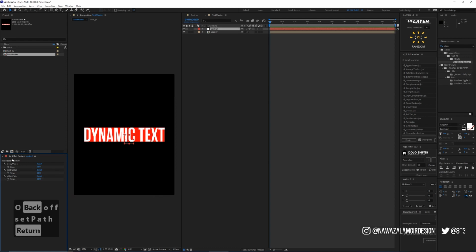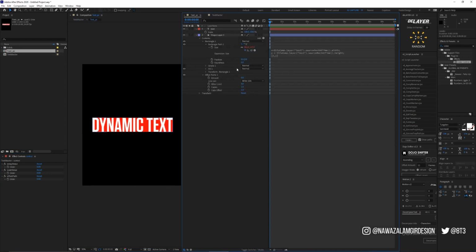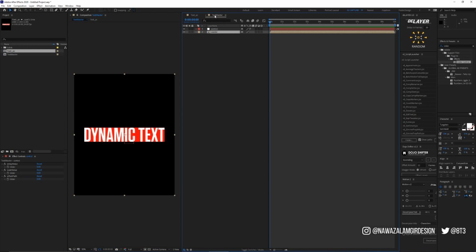Right, so now what I'm going to do is lock this, go into the leader and go into offset paths, control click on this and just scroll to here, and I'm going to pick whip the value from here to here. This is referencing the text master comp because we locked it. This control still stays here, and that's all we need. Now we're done with this, we don't need to come back to here. Go back to text master,